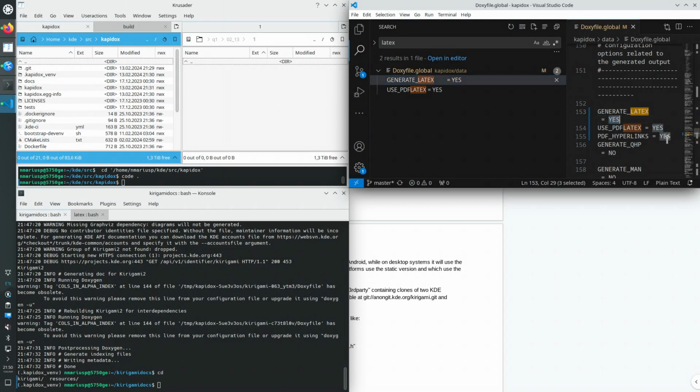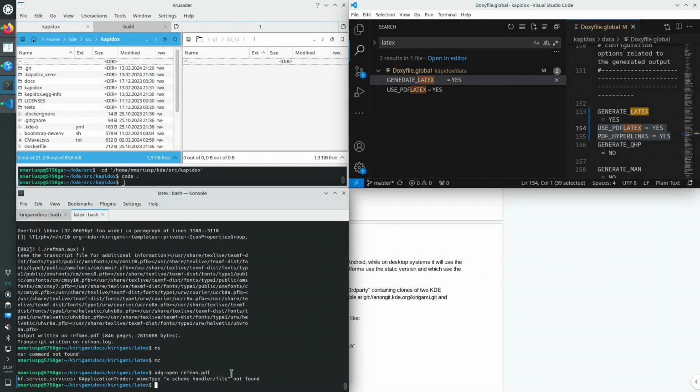And then I also added some configurations to the Doxygen configuration file in order to have a better looking PDF generated. Then I ran again the command to generate kapidox. And now